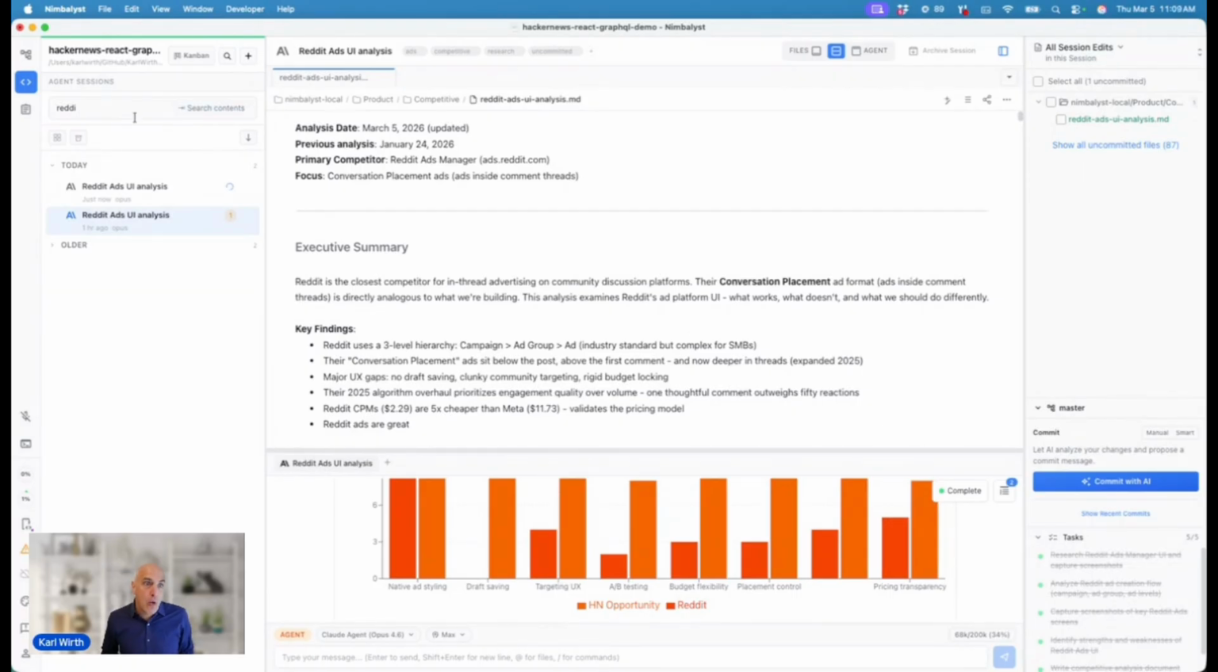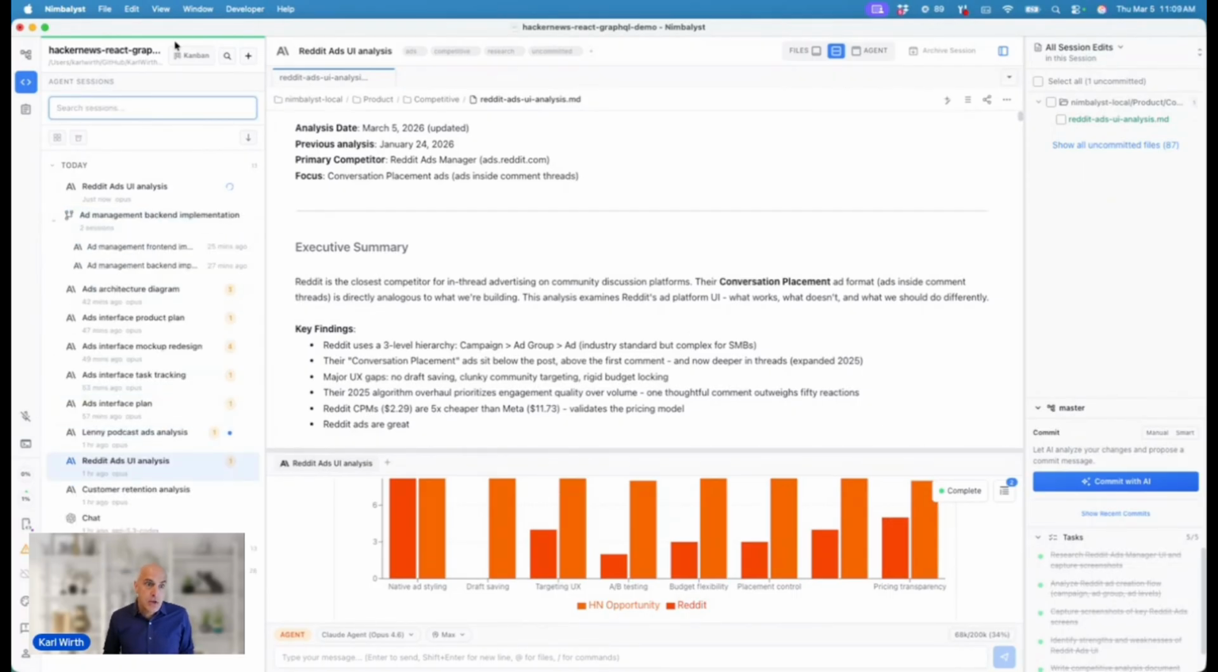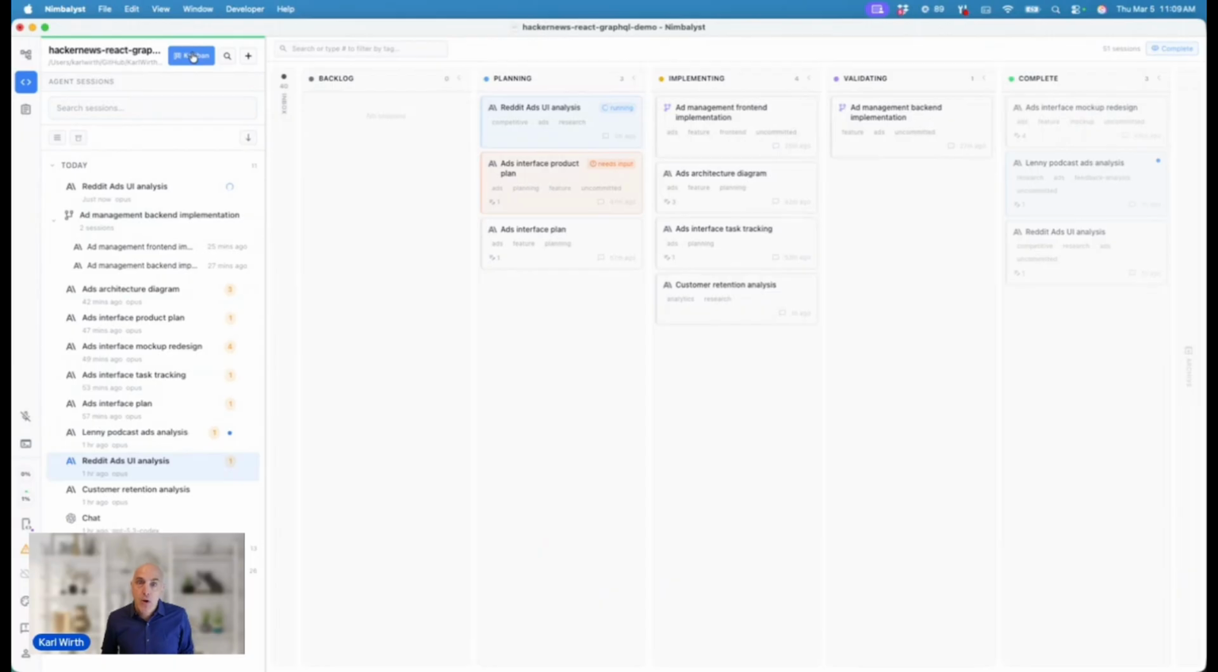So we're trying to organize all of our different sessions here. So we have a nice Kanban board here for that, where you can come in and you can see this is the one that's happening right now. It's still running and we're in planning mode on this ad analysis. And you can see a bunch of the other prompts we'll be going through. And you can jump down into them to see,